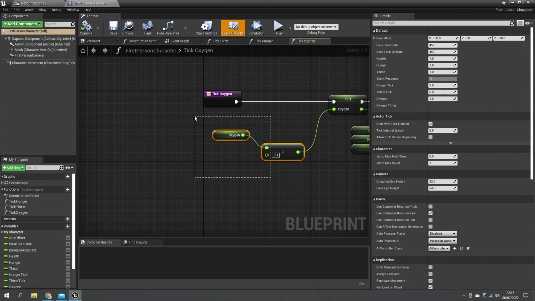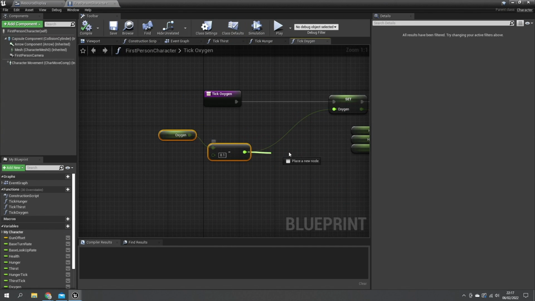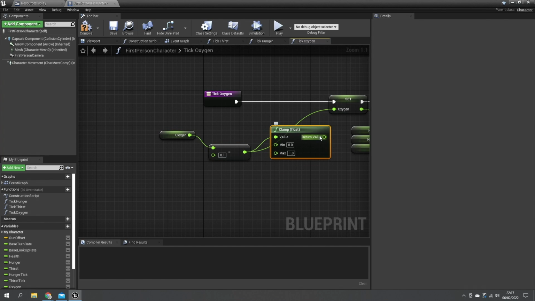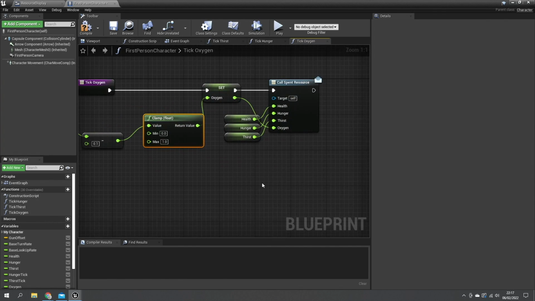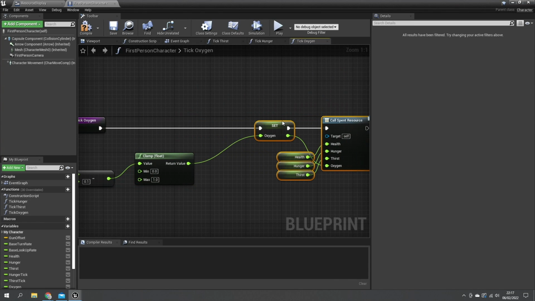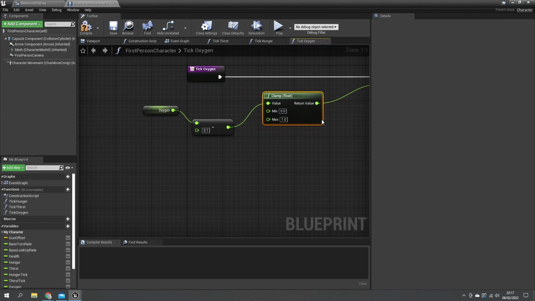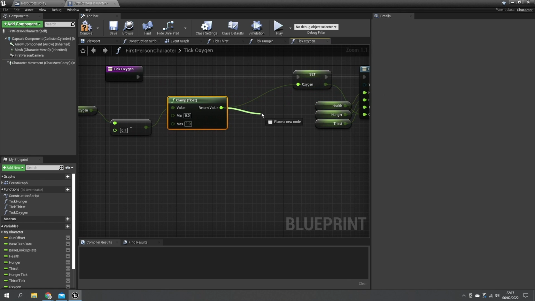So yeah, when we tick oxygen here, we're going to just clamp this value. Like so. Clamp float between 0 and 1. The oxygen there. Now, this will be the same for the other two as well, for thirst and for hunger. But when we run out of oxygen, when this value here is 0,